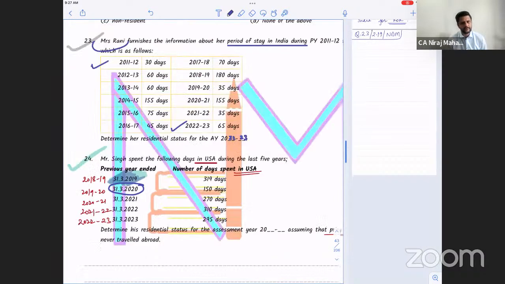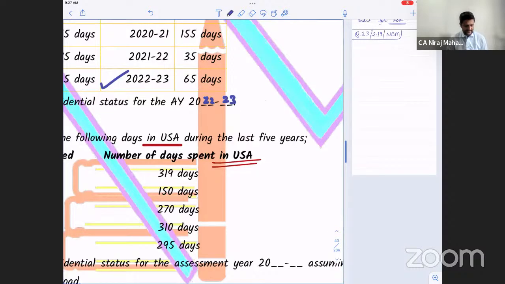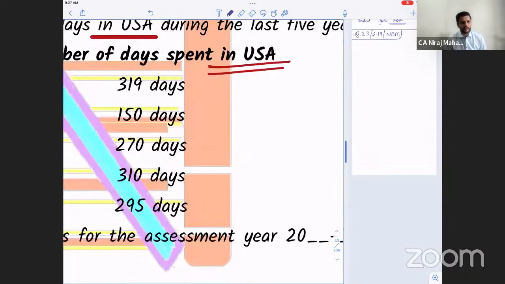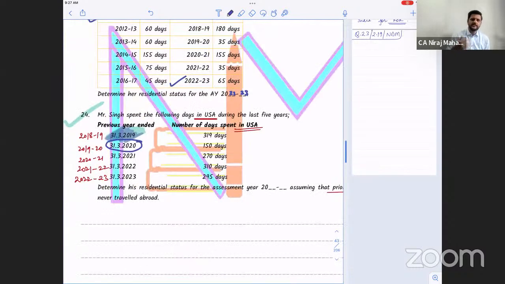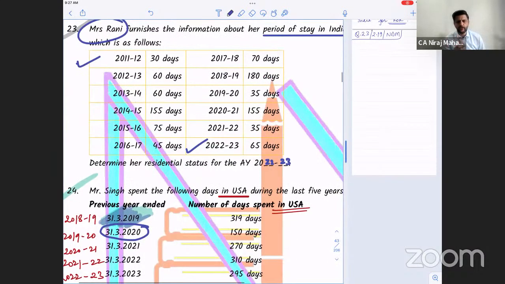Fine till here, all of you? Yes. Now the data is ready-made given to you. It is not like a word problem, or something like USA given to you here, where you have to calculate the number of days. It is ready-made given to you. So there is no point in showing the data which is given in the question. I always tell you that also. In law also, do the same thing. Do not repeat whatever is given in the question.